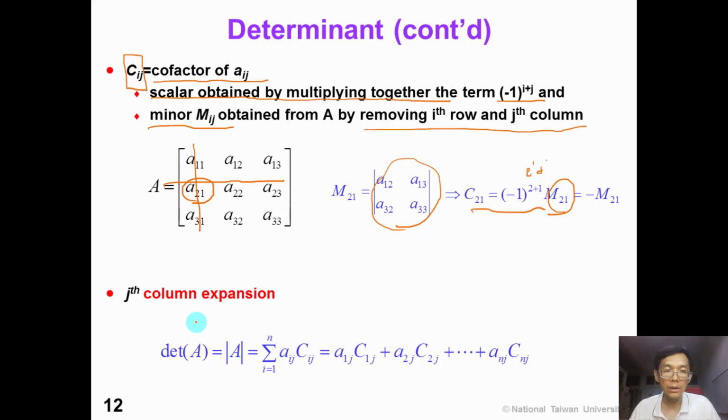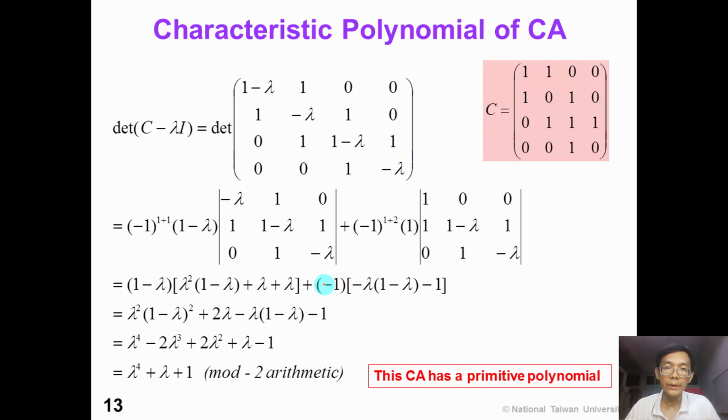With a cofactor, we can now perform column expansion. If we want to calculate the determinant of matrix A, it can be expanded in this way: summation i equal to 1 to n Aij times Cij, where Cij is the cofactor of Aij. With this